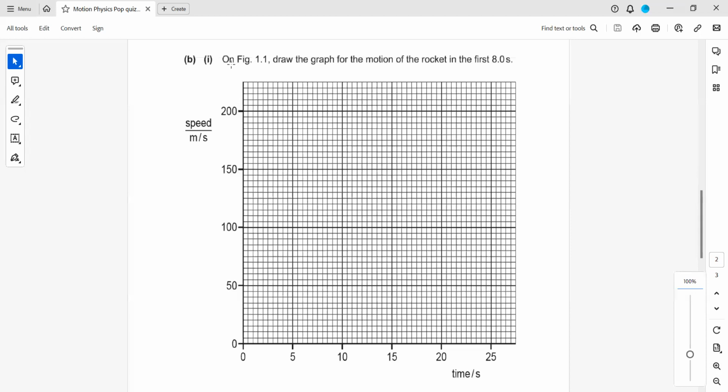So we have the time interval. So 10 boxes equals to